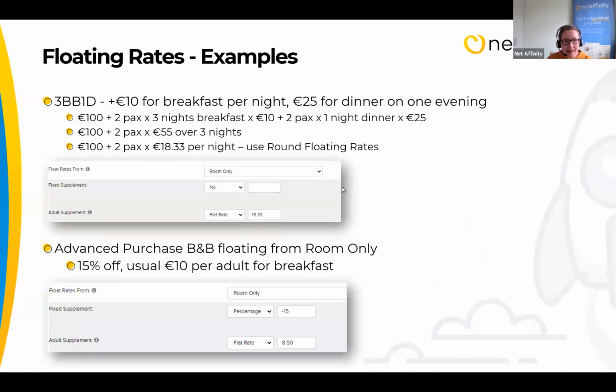And then it's the same thing for 3BB. So say, for instance, I'm going to do 3BB1D. So 3 breakfasts plus 1 dinner makes me €55 per person over 3 nights. Divide that by 3, I get 18.33. It's not a round number. So I put in my 18.33 and then I use the round floating rates option. So that will help. You don't end up with a .99 rate, you end up with the